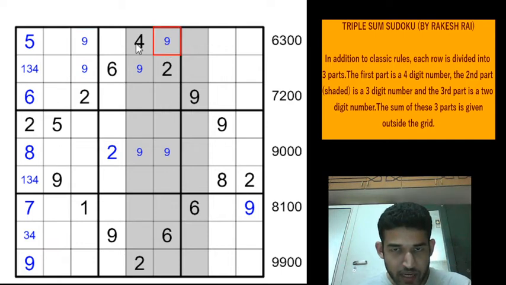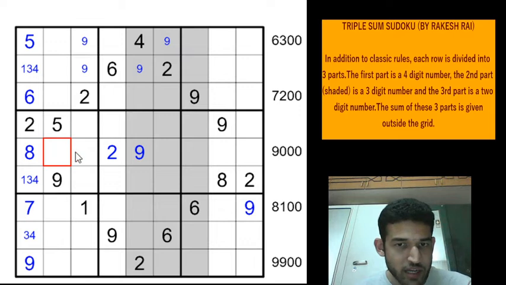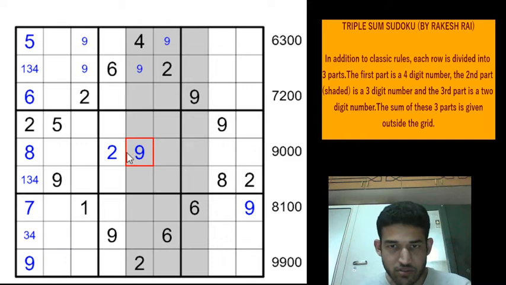This cell can have a 9. It's very early to make any deduction, but if you look at this cell, can you have a 9 here? What happens if you have a 9 in row 5 column 5? Regardless of whatever digit comes in row 5 column 2, we will have a total greater than 9000. You will have 8100 and something plus 900 and something plus something, which will definitely be greater than 9000, because these 2 digits will get you the total above 9000. So that means 9 should be here in row 5 column 6, which gets a 9 here, and which gives a 9 in row 1 column 3.